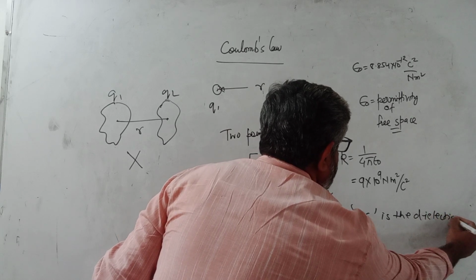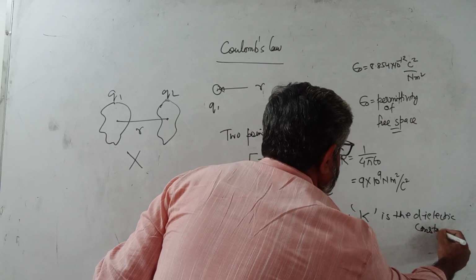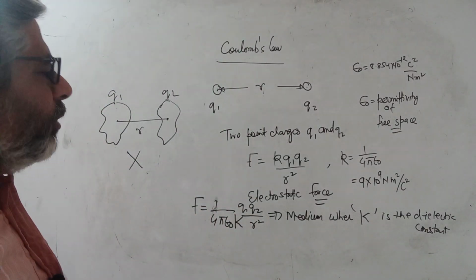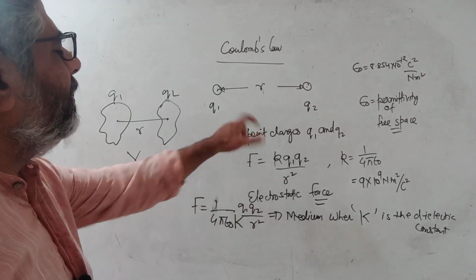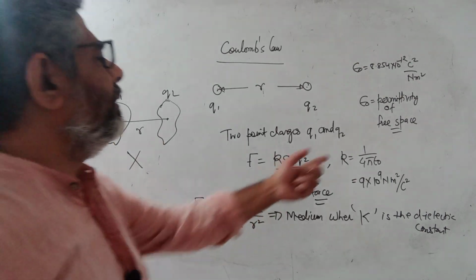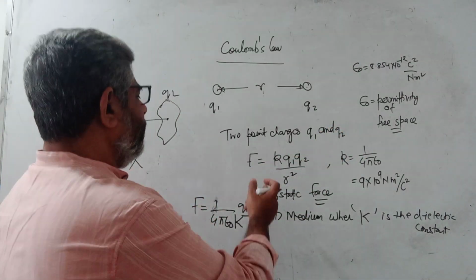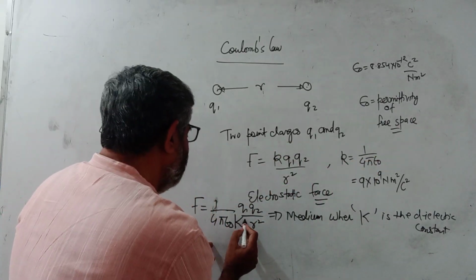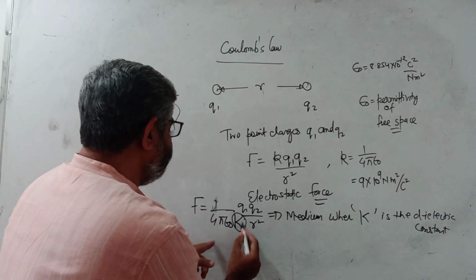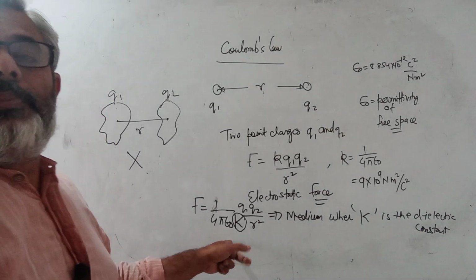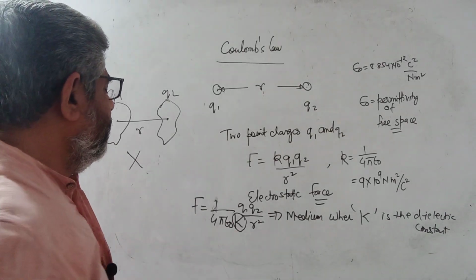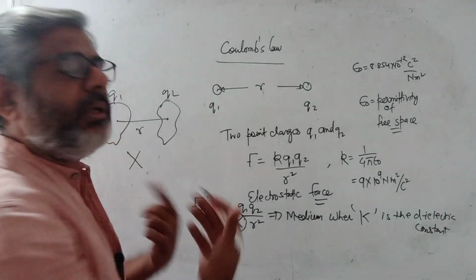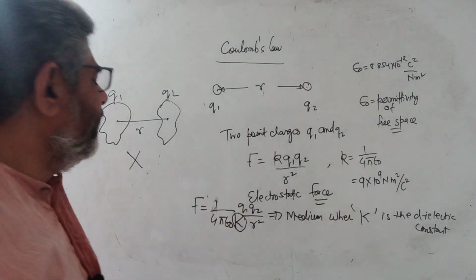डाइइलेक्ट्रिक कांस्टेंट. तो इसकी हम बाद में बात करेंगे. डाइइलेक्ट्रिक्स आर मटेरियल्स विच आर पोलराइज्ड. So if these two charges are placed in some other medium other than free space, then you can say that this force, that is 1 upon 4 pi epsilon naught, is also getting one more term, that is capital K. So you can say that this is the force in some other medium, simply not in free space.